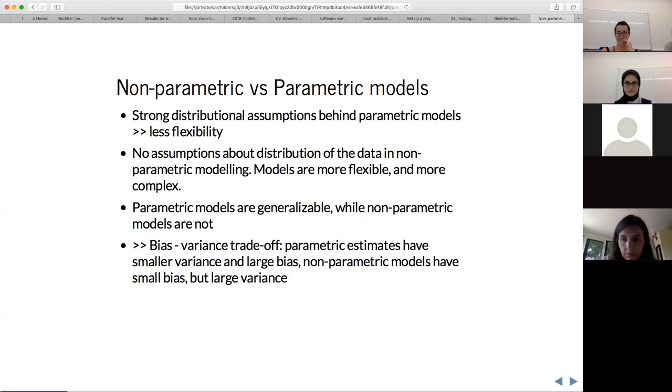And this is what the whole concept of bias-variance trade-off comes about. In context of parametric modeling, the bias is typically large, sorry, and the variance is small, meaning that, let's see if I can figure out how to,